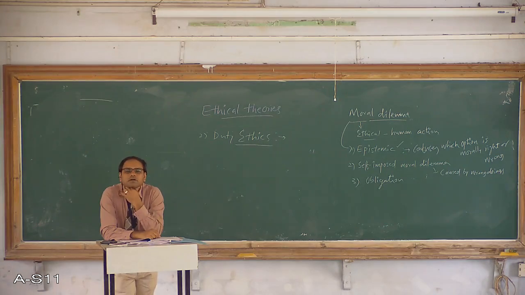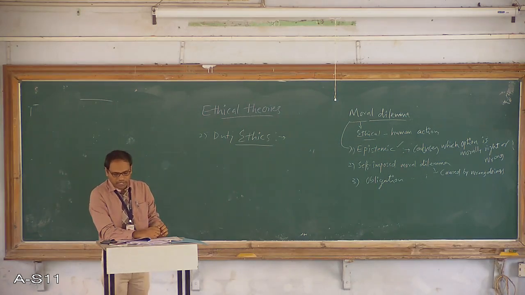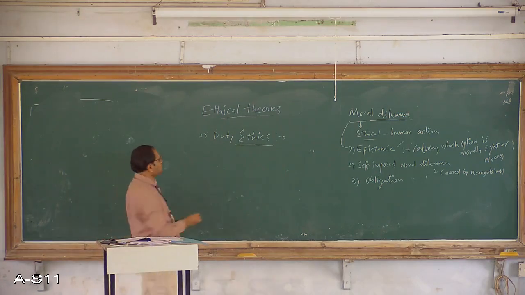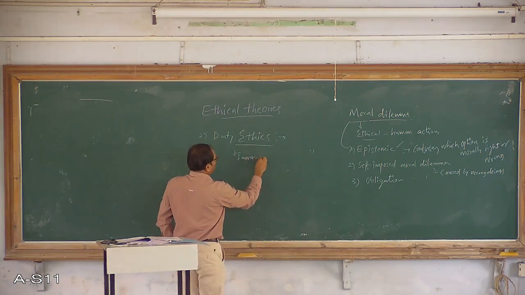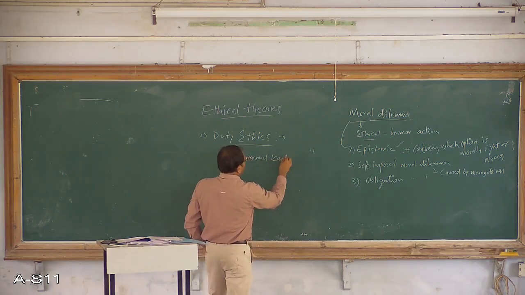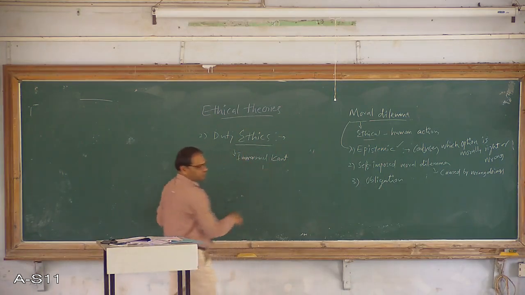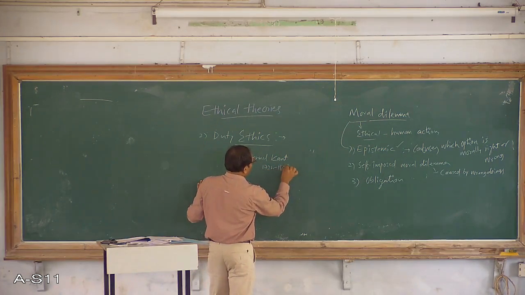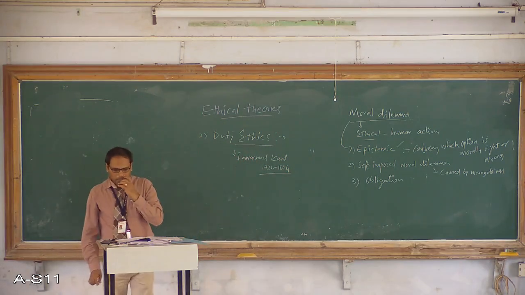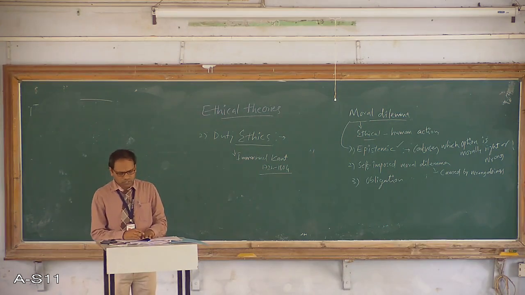So this duty ethics theory is usually proposed by Immanuel Kant, in the years 1724 to 1804. Okay. So he proposed that the actions, whatever actions we are doing,